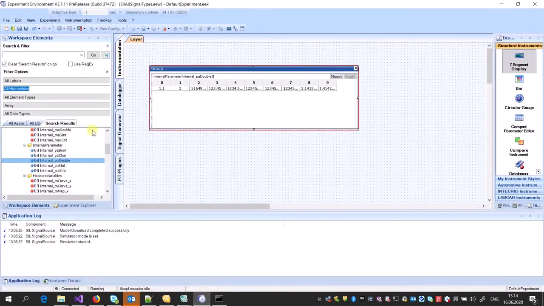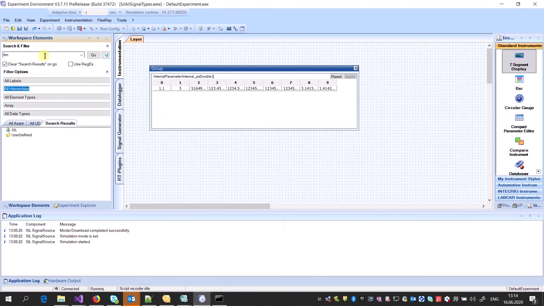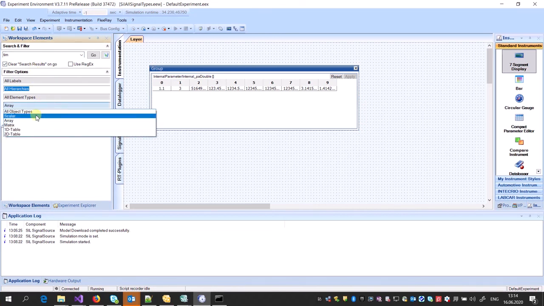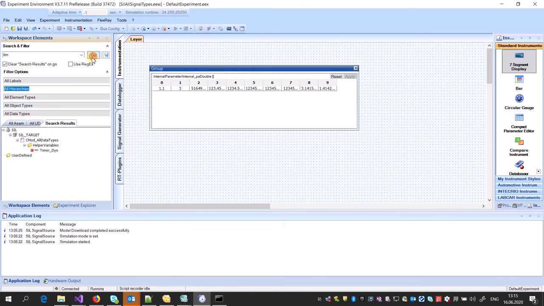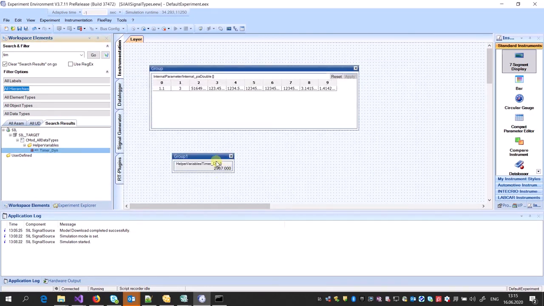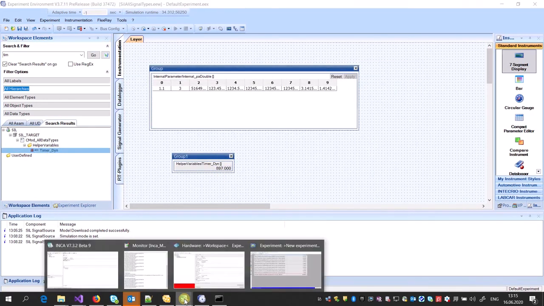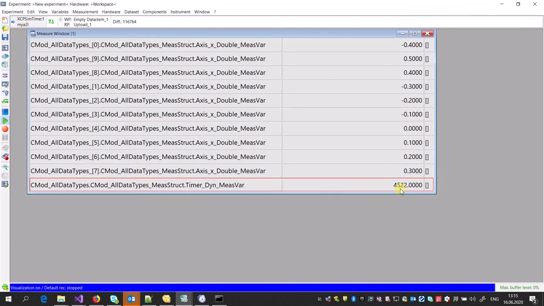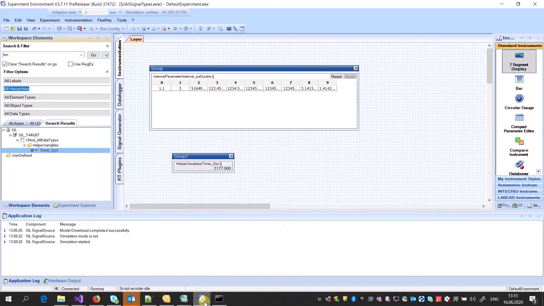If I go to the Common E at the same value, for all object data type, this is a scalar value. You can see this value is changing here as well, and here as well. And if you check it, it's actually working fine, and both of them are working the same way. So it's going to go to some number and then start from 0.